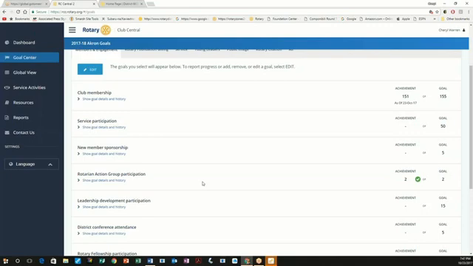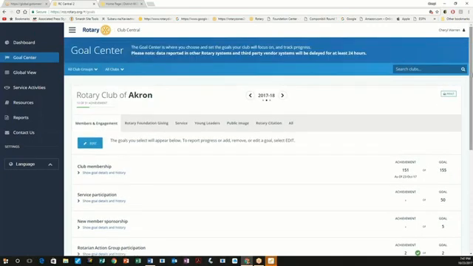It gives a signal to your successors who would be coming in after you, looking at the historical data for setting their own goals for the year, and they could say, okay, well, we thought we'd have 20 people go to conference. We actually ended up with 35. Maybe our goal this year could be 35. It shows you that achievement and sort of lets you pat yourself on the back a little bit.